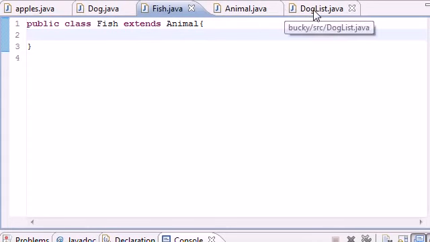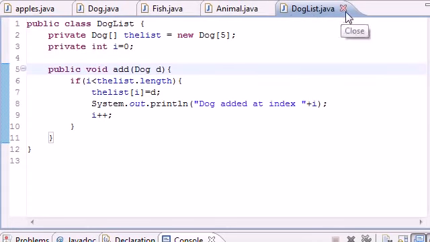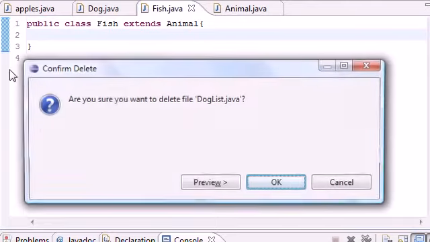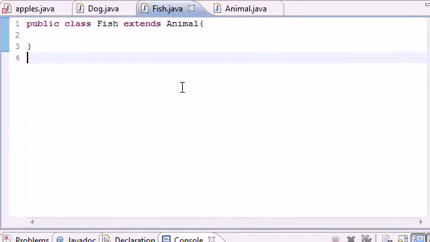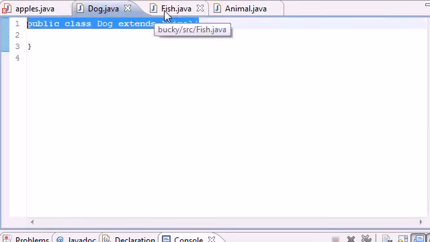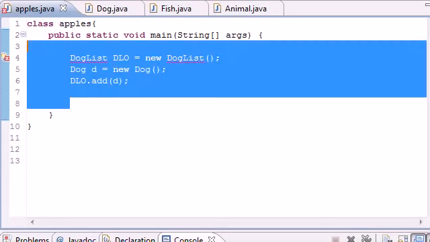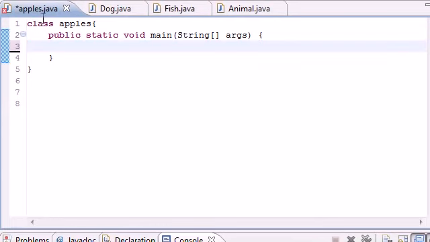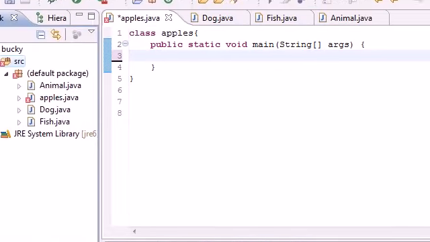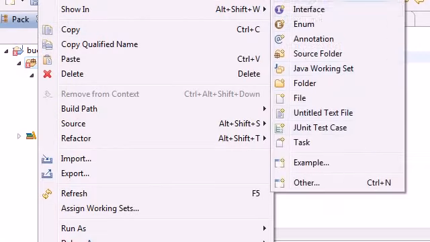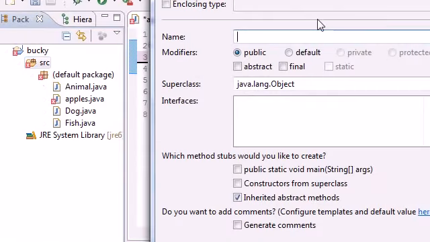So how would we do that? Well, this dog list is nice, but let's go ahead and delete that right now. Delete, and OK. So instead of creating a bunch of different classes to hold objects, let's make one final thing, and we're going to name it animal list. So let's delete everything out of our main, or whatever your main method is. And now let me get rid of that error. Now let's create a new class by right clicking source, new class, and we'll name this animal